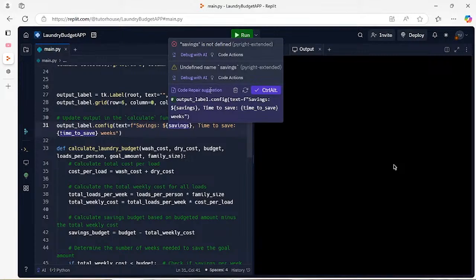Okay, we did get the maximum number of loads and the savings budget, and then the weeks to save was 26. So that did come out, and let's see. Okay, we still don't have anything coming from our widget, but at least we know that it wants to do something because our output window came up, and